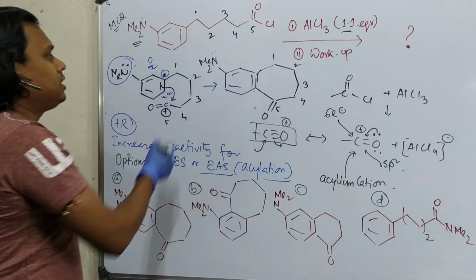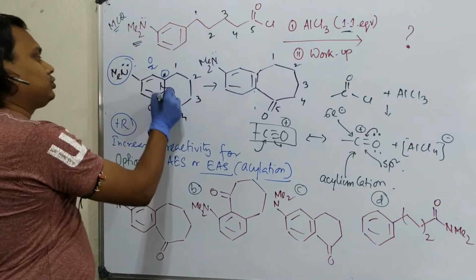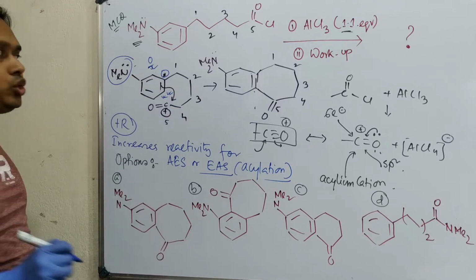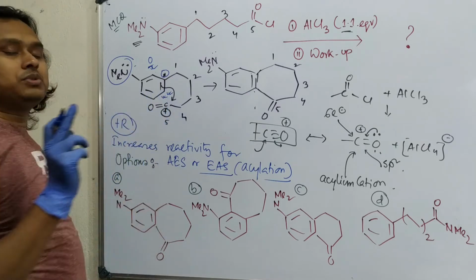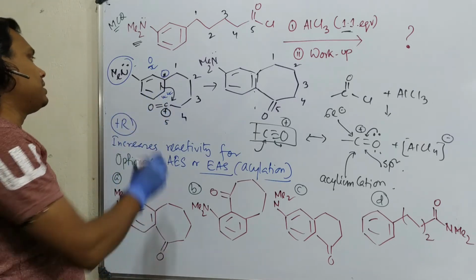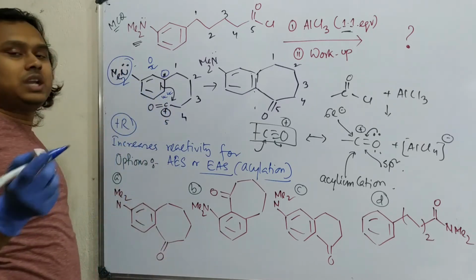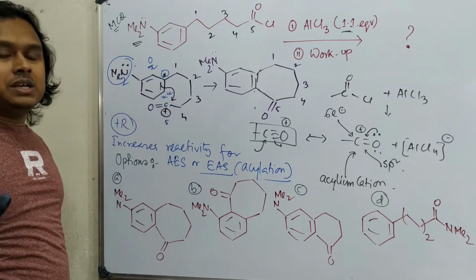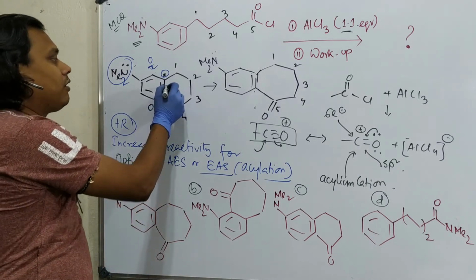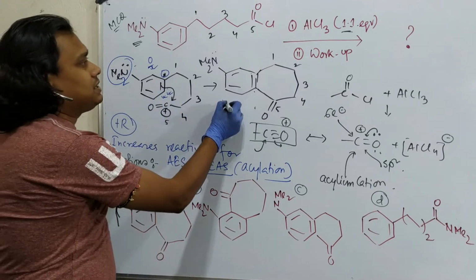Okay, acyl chloride. So expected. Now question, why not ortho, why para? Remember, at this ortho position, some minus I effect also works, point number 1, but in the para position only the plus R effect works, point 1. Second, these two Me2 have some steric effect also. So that's why the substitution generally prefers to occur in the para position. So this is the product.